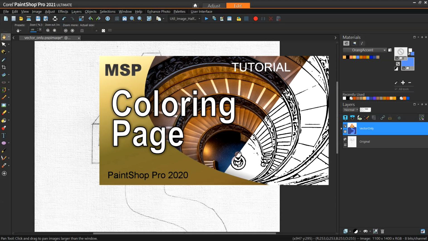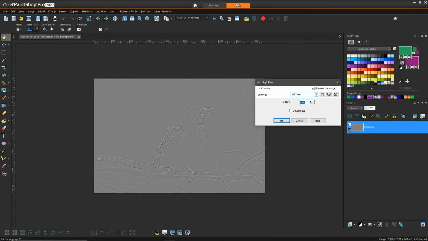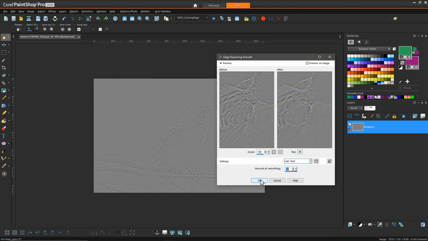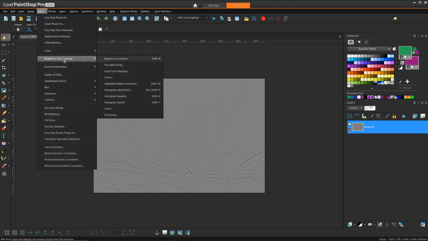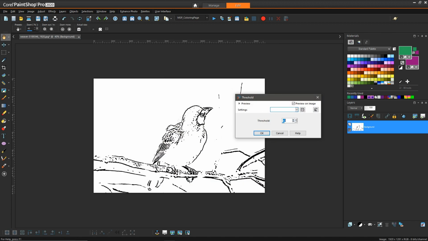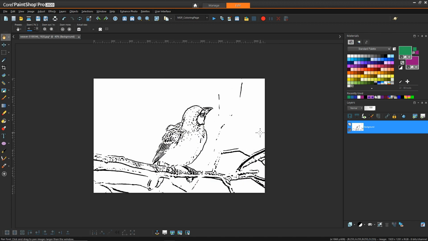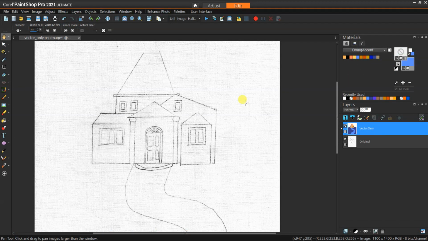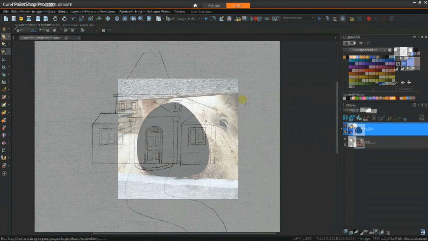And I have another video that covers that, where I show how you can do a series of effects and filters to try to really enhance where edges are, and then to be able to create a coloring page, something that would really bring out the lines. The other method is to just redraw the whole thing using vector graphics, and